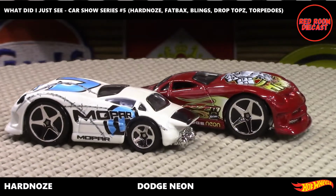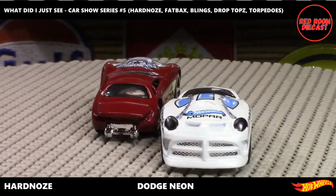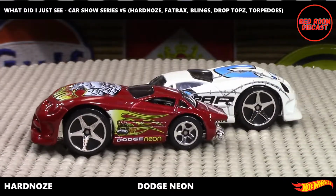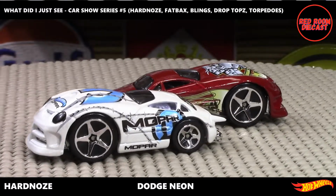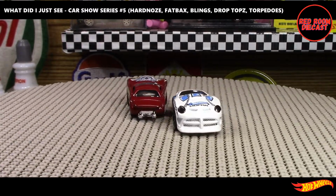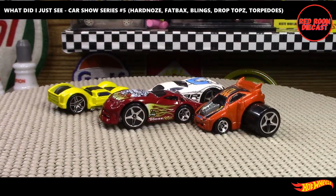There's a lot of weird things that Hot Wheels was doing in those early 2000s to about 2008, 2009, and then they kind of stopped making these ones. They've always made fantasy, so that's not the issue, but they've stopped making these ones, and then continued making more kind of realistic looking vehicles. So that is the different series that Hot Wheels did produce from that time, which are the hard nose, the drop tops, the fatbacks, the blings,